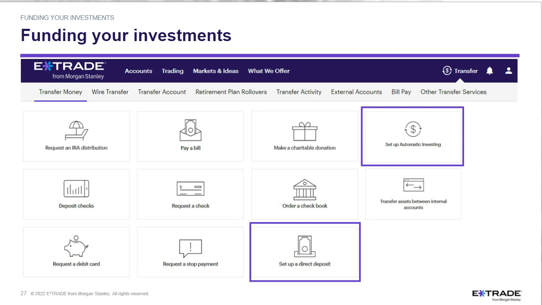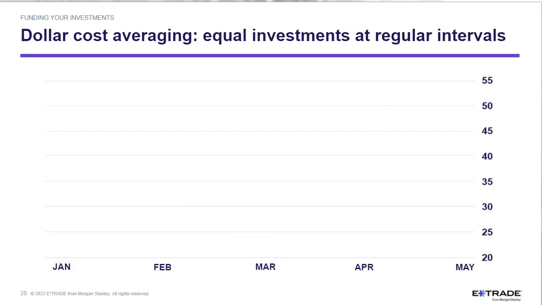But let's talk about this dollar cost averaging thing, because sometimes you'll hear about dollar cost averaging like it's magic, like it's this great thing that produces profits. Well, look, it can. There are circumstances where dollar cost averaging benefits you greatly, but there are also situations where dollar cost averaging will lag what we call a lump sum investment. So let me illustrate what I mean.